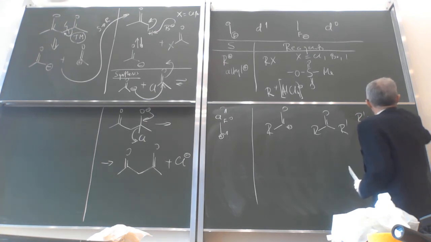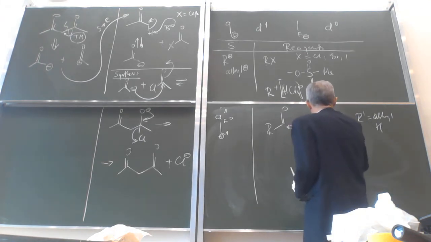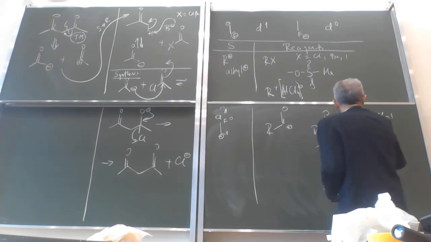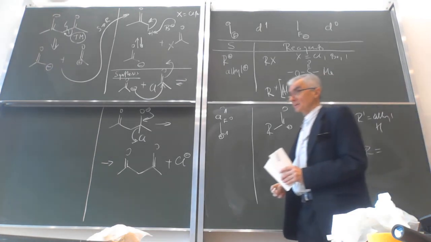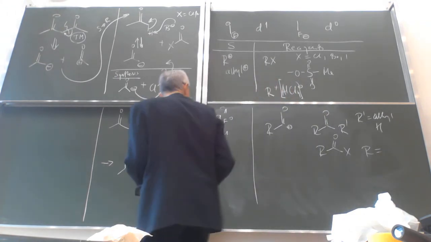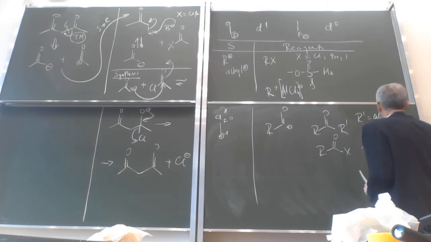So this is alkyl or hydrogen. However, also that kind of reagents, a potential A1 reagent. So we can have, of course, chlorine, bromine, and